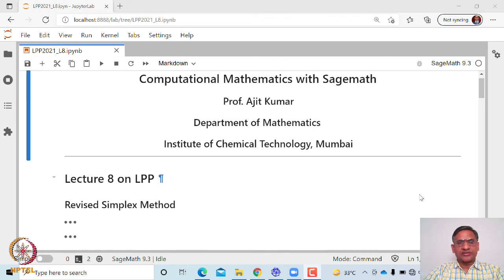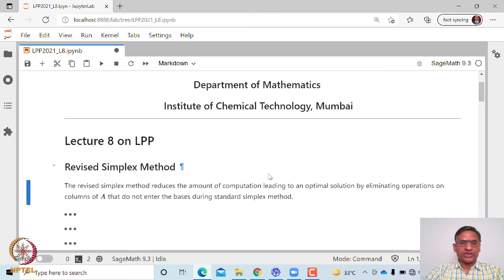All the computations with respect to the remaining non-basic variables actually become redundant. If they do not enter into the basic variable, these computations become redundant. So if you look at, for example, a linear programming problem involving a large number of variables and the number of constraints are reasonably small, then lots of computations that we do in simplex method in the tabular form become redundant. So unnecessarily it is time consuming. So the revised simplex method takes care of that computation, right?